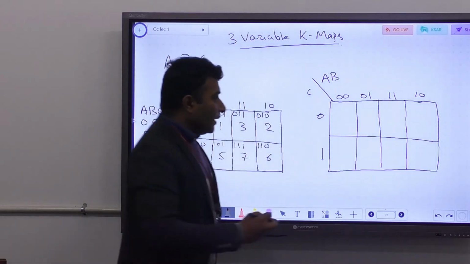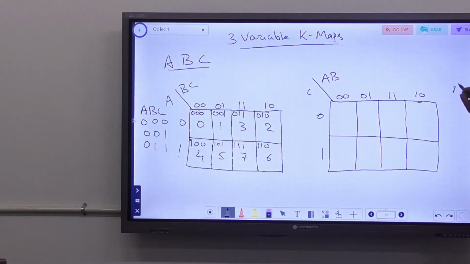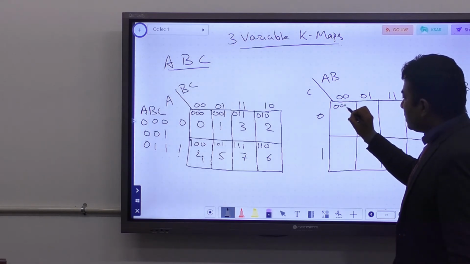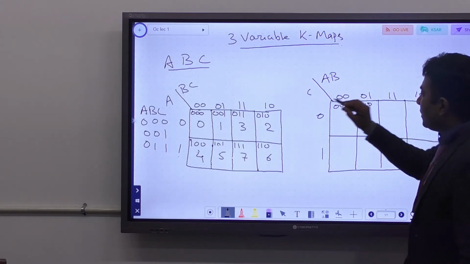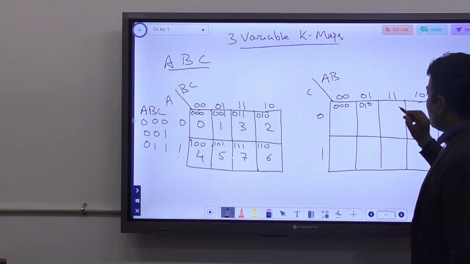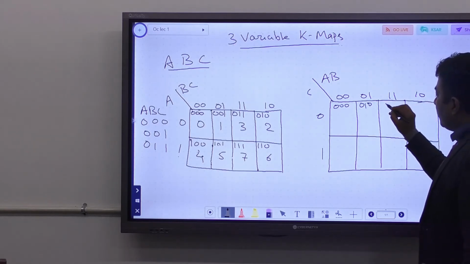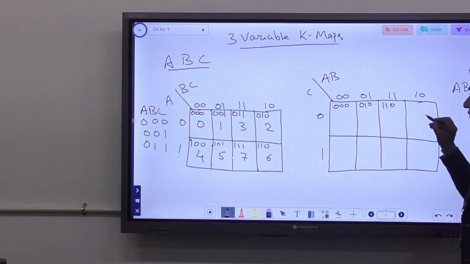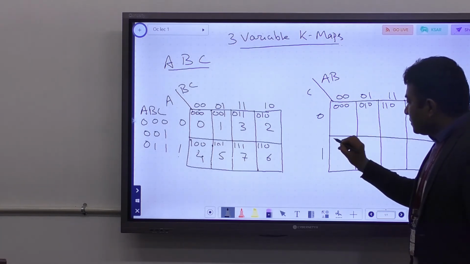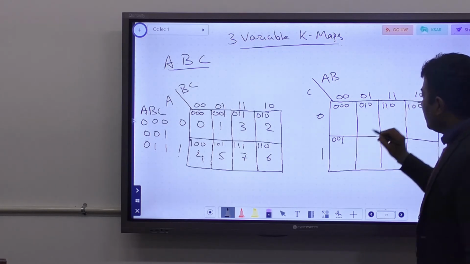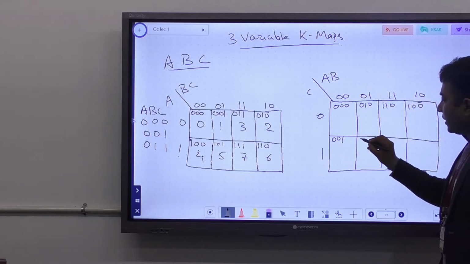So while taking the values, we would be taking A first, then B and then C. So accordingly this would be 0, 0, 0, this would be 0, 1, 0, A is 0, B is 1 and C would be 0. Similarly for this, we would be writing 1, 1, 0. For this block we would be writing 1, 0, 0. For this block A and B is 0, 0 and for C it is 1. For this particular block we have to write 0,